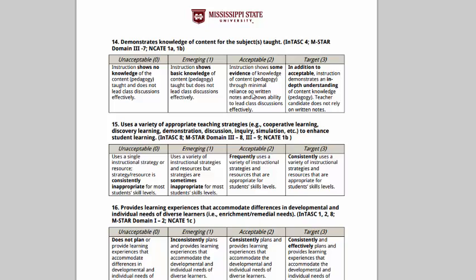But when you're talking about content, you cannot really mess up the major facts, such as the Civil War had slavery as an issue. The Civil War had a starting time of 1861. It killed 600,000 Americans. So you really want to get the facts correct. Provides learning experiences that accommodate differences in developmental and individual need of diverse learners. This would be your areas of tactile, kinesthetic, auditory, and visual. You need to make sure that students are getting the diverse learning aspects of that.